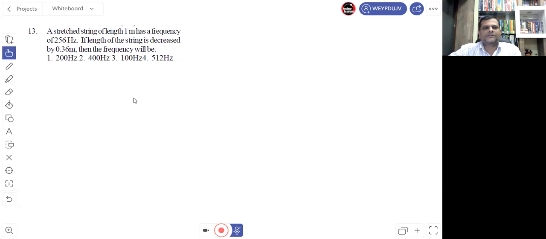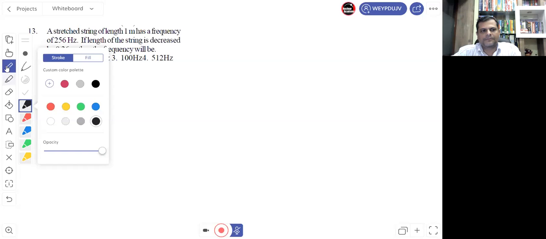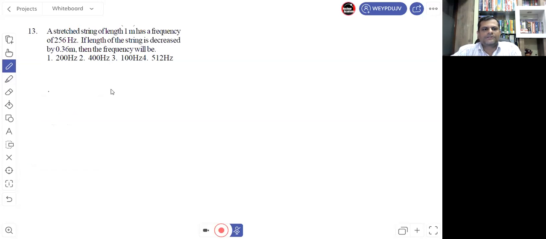Yes, just read the question. A stretched string of length 1 meter has a frequency of 256 hertz. If the length of the string is decreased by 0.36 meter, then the frequency will be, देखो string का जो length है वो दिया हुआ है already, it is 1 meter, मतलब कितना हो गया वो 100 सेंटीमीटर हो गया,